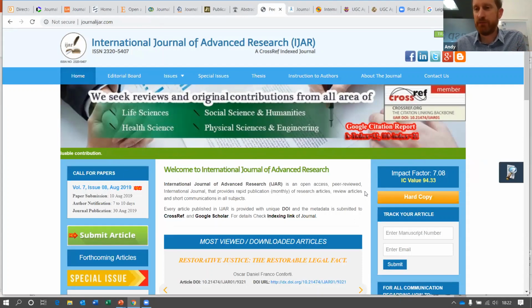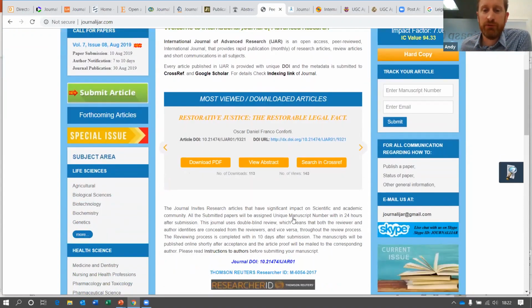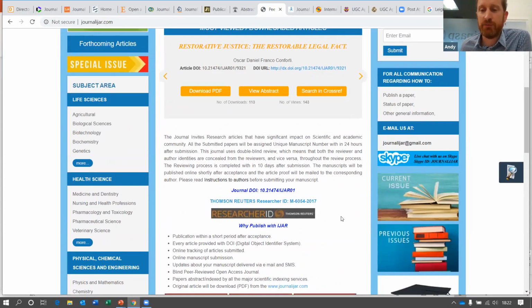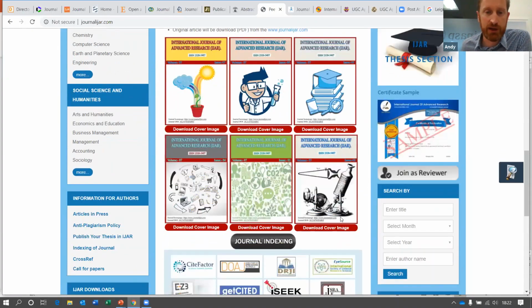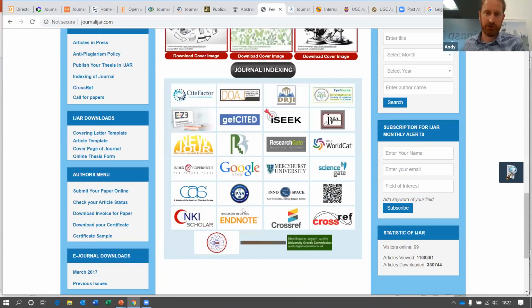Generally speaking, as an early career researcher, it's more likely that you're going to publish in a more niche, targeted journal, specialized on a particular topic, rather than going straight into an international journal with a broad scope. So that's one reason to be skeptical. It's not necessarily a reason to completely dismiss it, but as we look down, again, they've got this big mishmash of supposed journal indexes, none of which are really that useful apart from DOAJ.